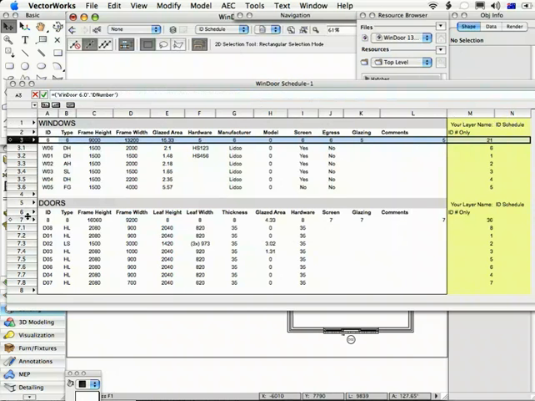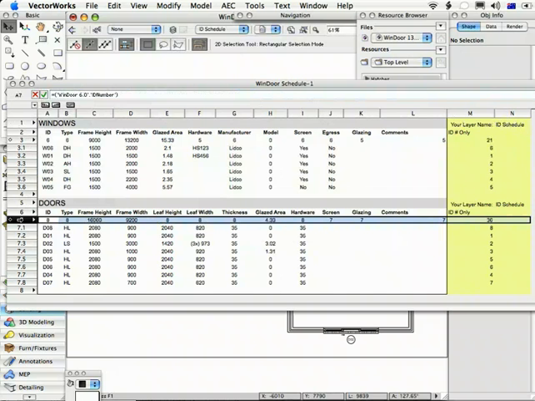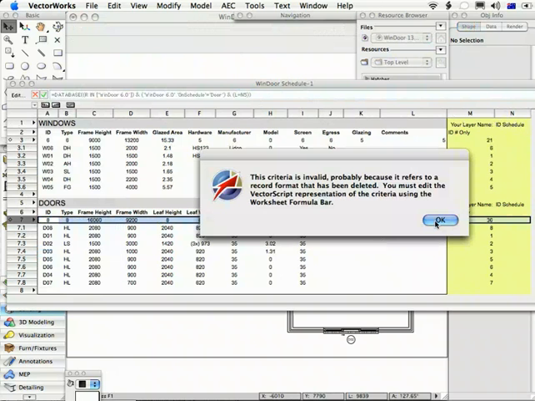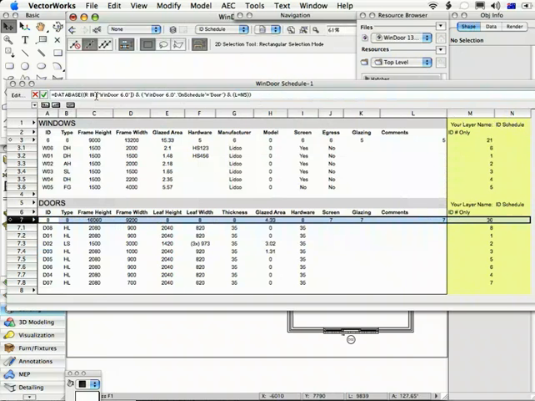Let's look at the same thing in the doors worksheet. Mouse down here, edit criteria, click OK, and you'll see it's pretty much the same except on schedule equals door, so that's saying door instead of window, and instead of saying N1, it's saying N5 because this is N5, just in case the doors and windows were on different layers, which they're probably not going to be. But alright,